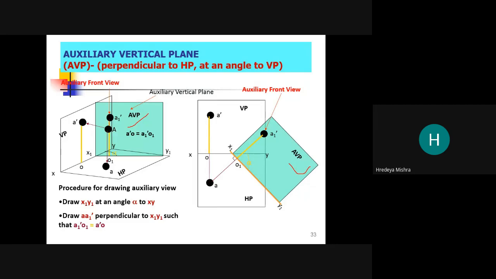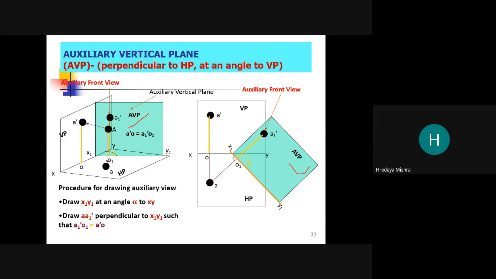This is in 3D and this is in 2D. Procedure for drawing an auxiliary view: draw the XY line and an angle alpha to the XY line. Draw AA1 dash perpendicular to the XY line.